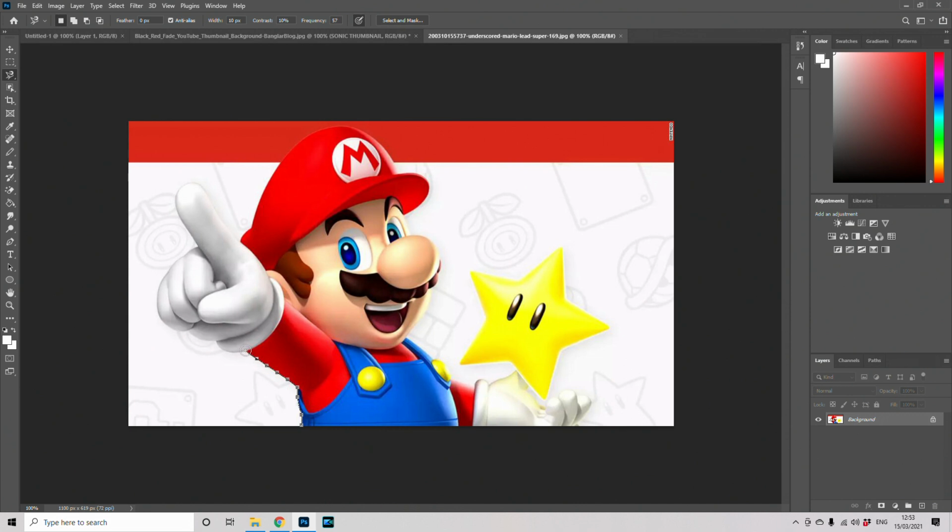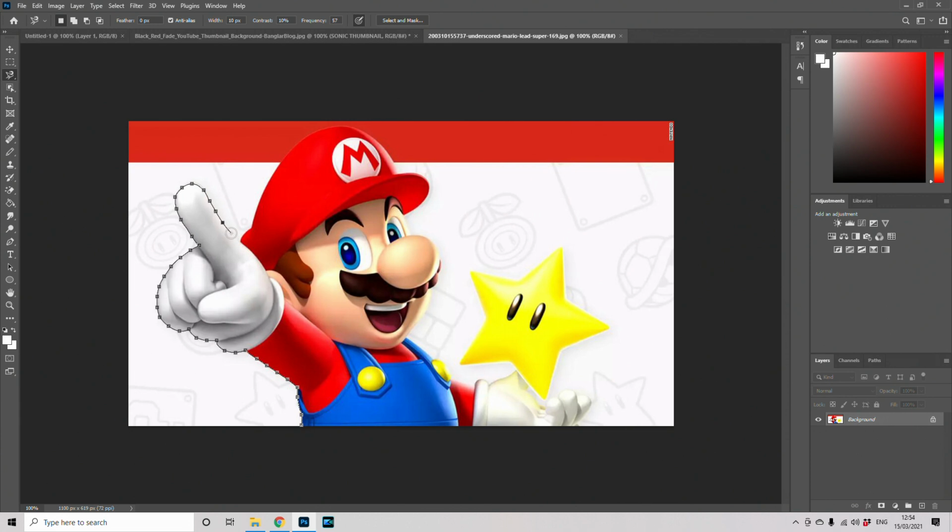And sometimes I'll just click manually on the corners just so that it finds the corners nicely. But you see there, it's just going around Mario really nicely. Now the polygonal is just manual, it won't hug the image at all, so it's up to you how you want to do it. But this magnetic one is really nice. You can see there it's doing a pretty good job of,